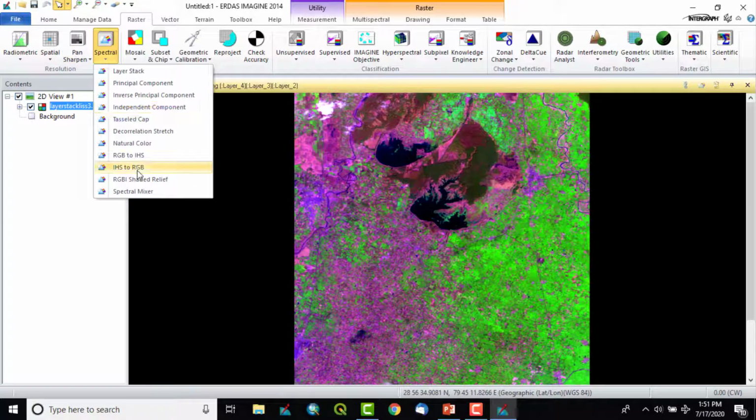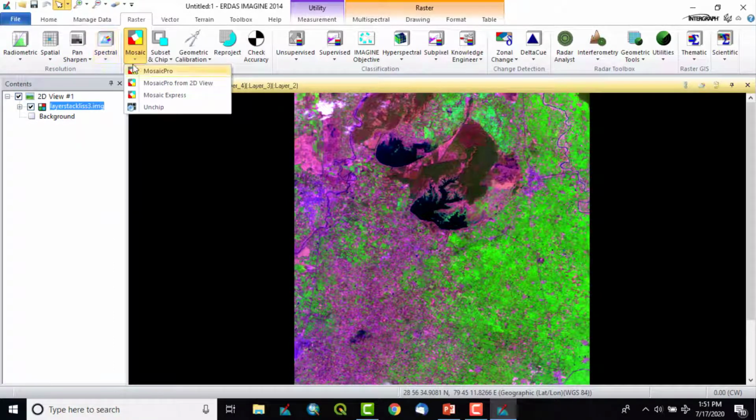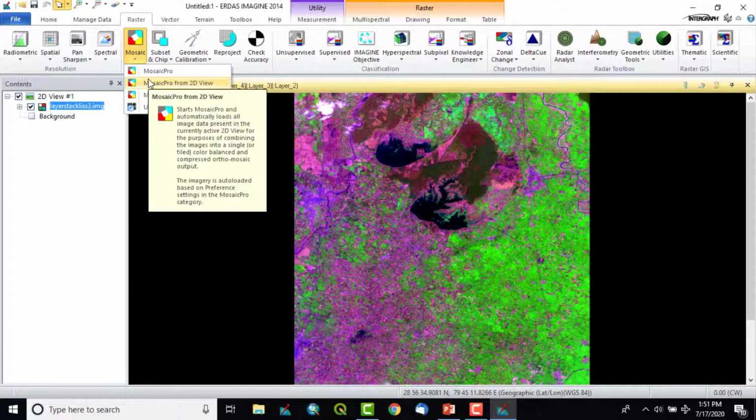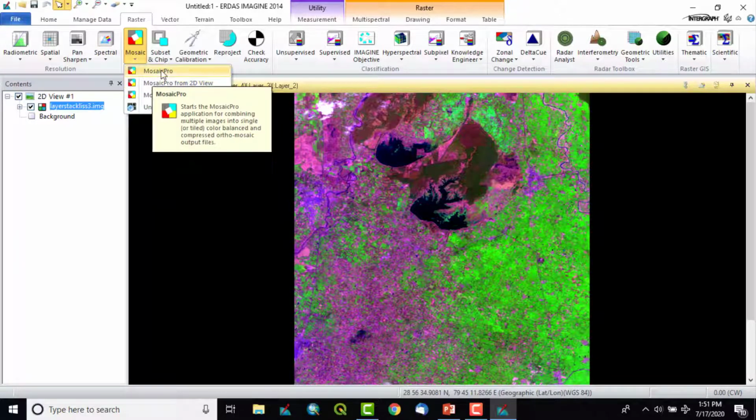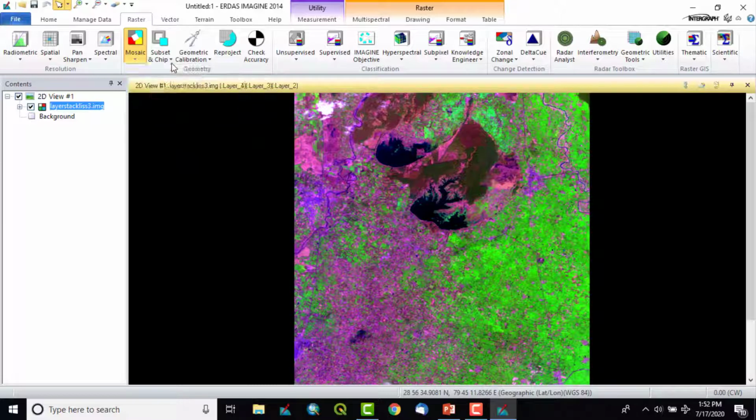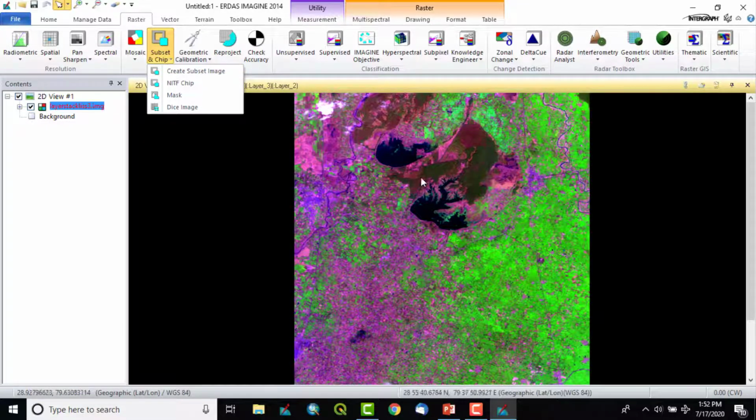Then in spectral enhancement also there are various tools available. Mosaic is also a very widely used and useful tool which allows us to combine multiple images into a single image. Then subset is to cut a portion of an image with the help of polygons, squares, or circles.